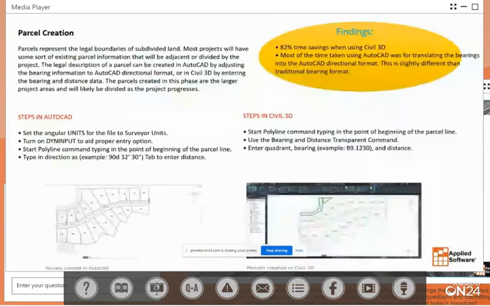So if we start looking at parcels that represent legal descriptions or parcels in terms of subdivided land, a lot of projects have this existing parcel information, adjacent parcels that need to be divided by the project. Typically, we're going to use a legal description. Based upon that legal description, make adjustments, and then create these parcels for a phase or based upon the project. And what we found,